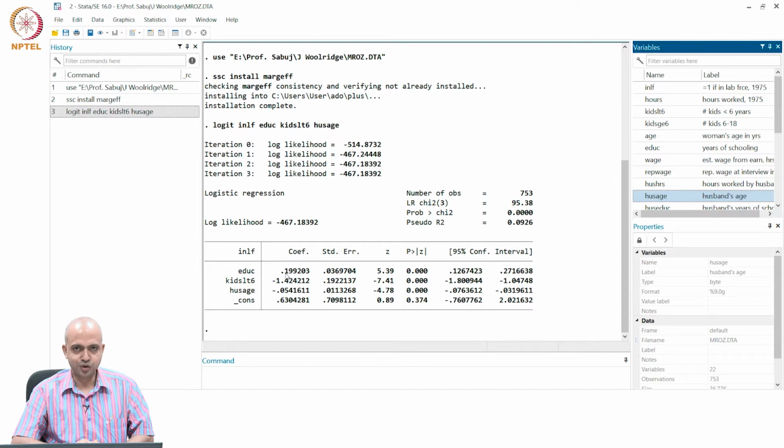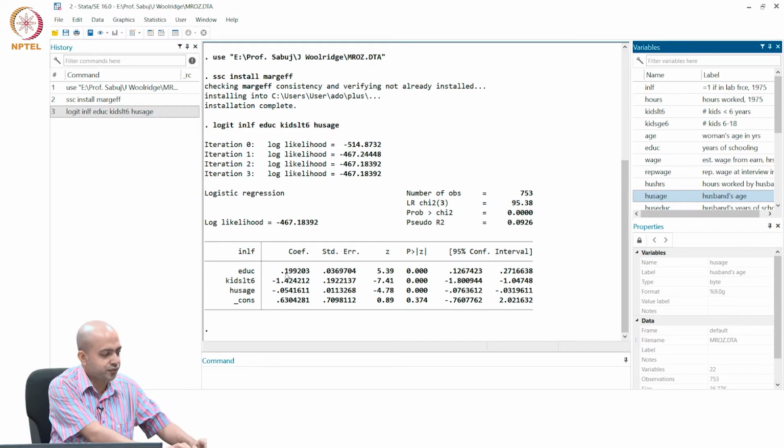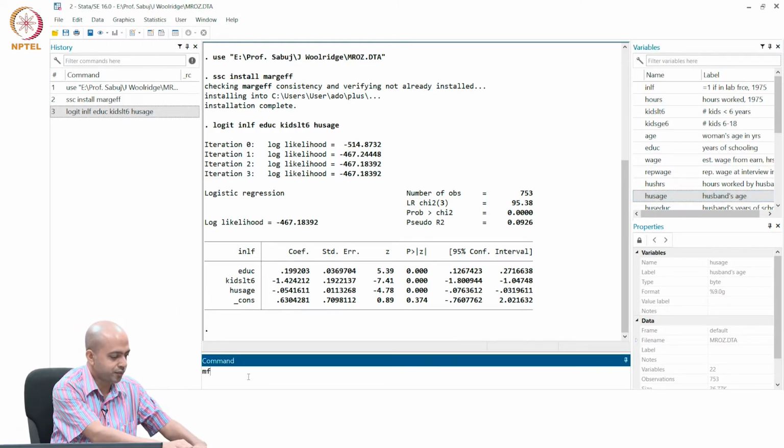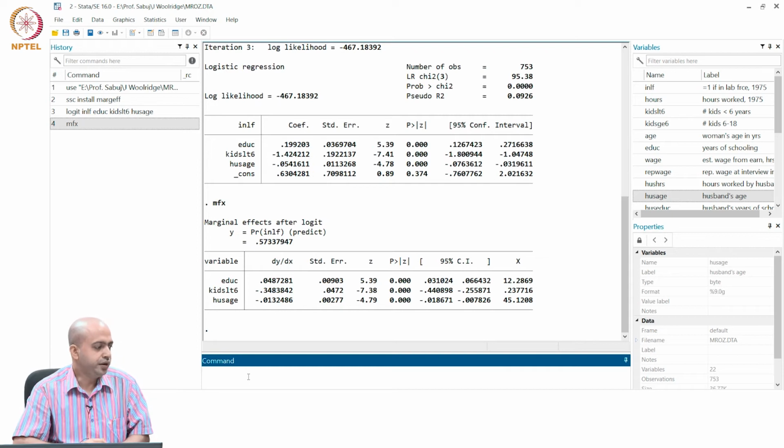You have to specifically put in a command to estimate the marginal effect. What is the marginal effect command we discussed? The command is very simple, MFX, marginal effect, and if you press enter, you will get the marginal effect. Now you can say that for a unit change in education, labor force participation changes by 0.04 unit. We need to discuss this marginal effect a little more. When I say that for a unit change in education, the probability of labor force participation of a married woman changes by 0.04 unit,